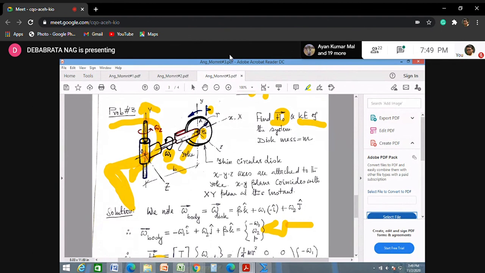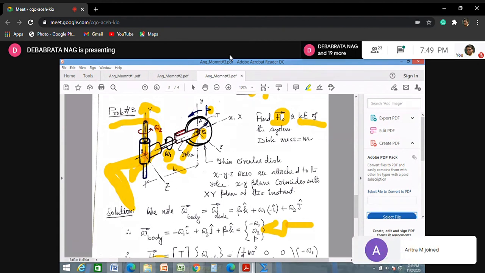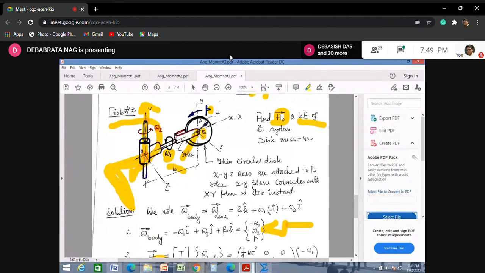You will be getting it. Not that I can cite any specific application; there can be a variety of applications. One very important application is, of course, the robotic manipulators. Different robotic arms are there, and in your kinematics and robotics class, you will find different types of robotic arm manipulators having different types of motions. To describe the motions of those robotic arms, you need to analyze your equation this way. Understand?